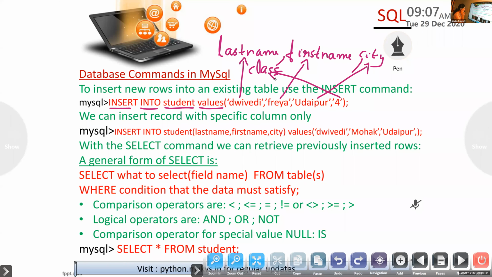Any idea? Thinking. Elvina, any idea? Not sure, but okay. Shoot. Yes, come on.